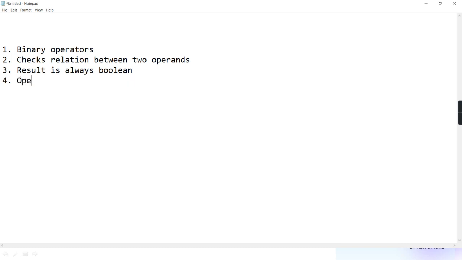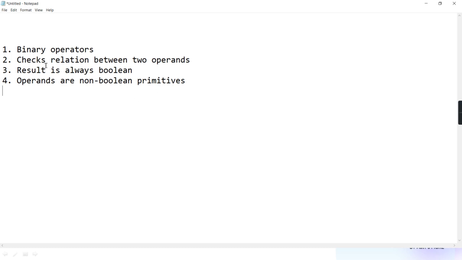And next, always remember, the operands are non-Boolean primitives. All the operators I'm going to tell you in this relational category have operands that are strictly non-Boolean primitives. You cannot check the relation between Boolean data types.